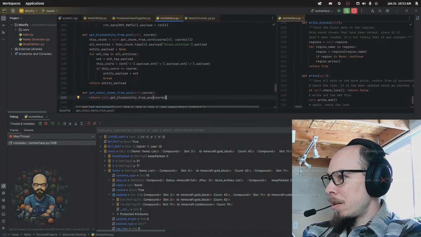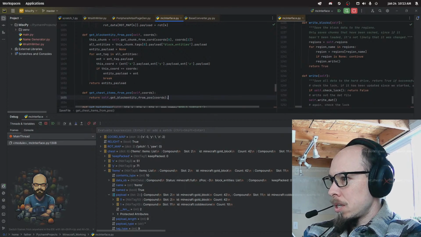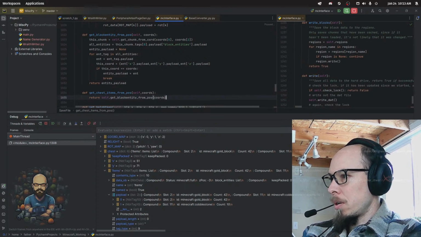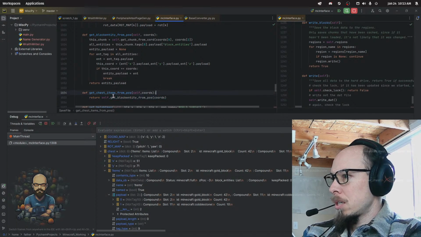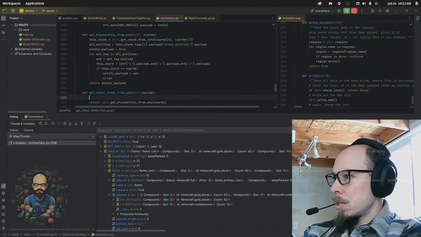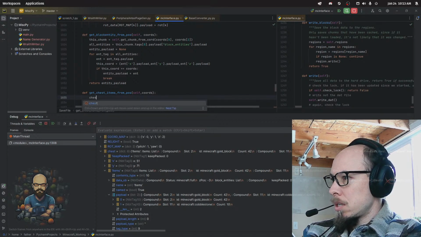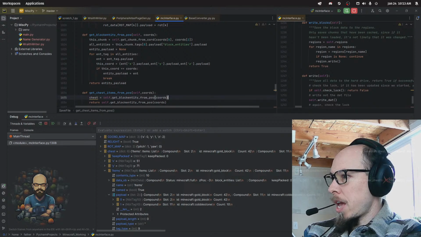Return self get block entity from position coords. Oh no, we want to make sure that this is not none. Just equals that